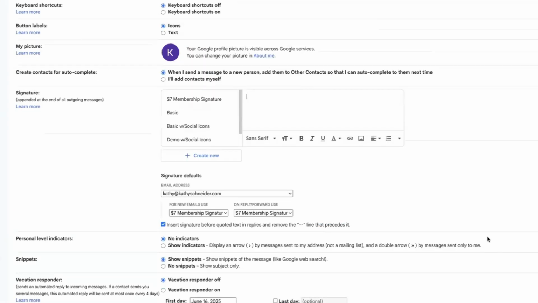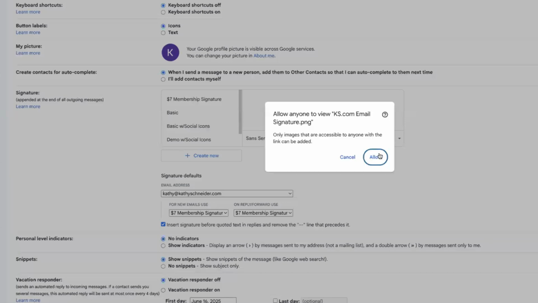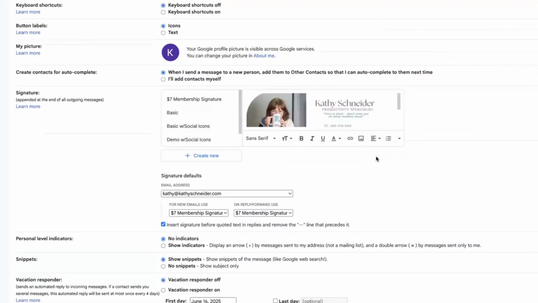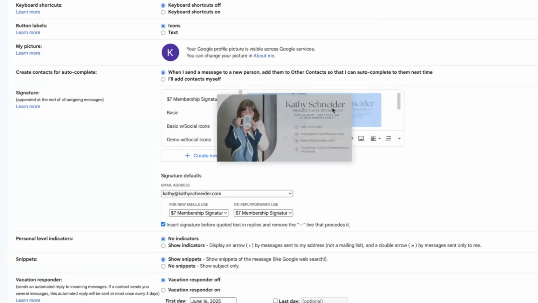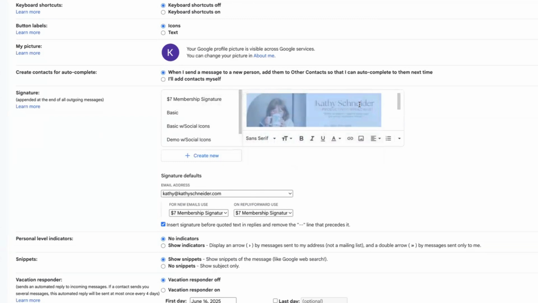So then I'm going to insert that. Yes, I want to allow people to see it. And then what I'm going to do is click right here because I want it to be there. I want it to be highlighted. Okay. And then I'm going to click this little link and